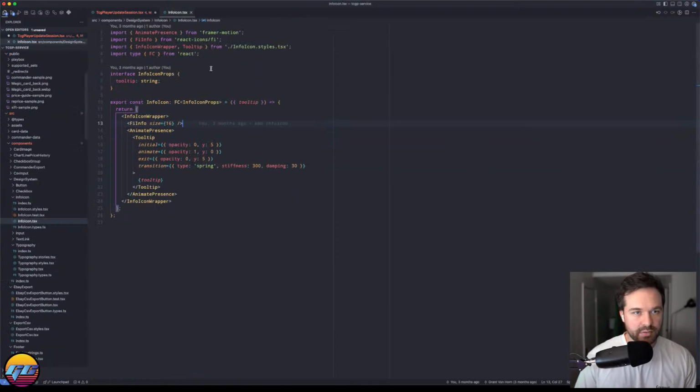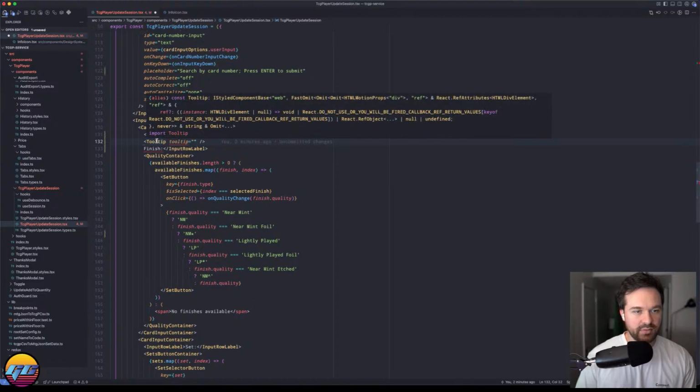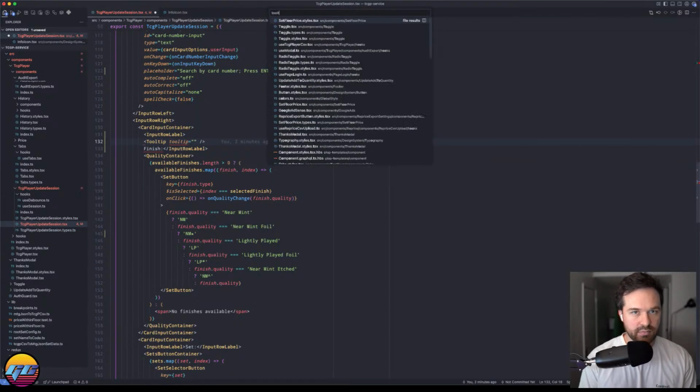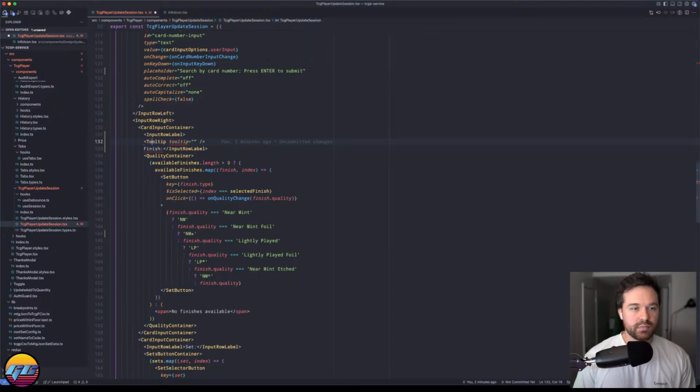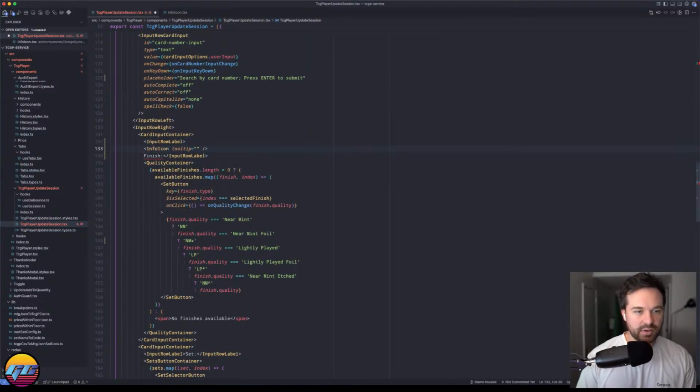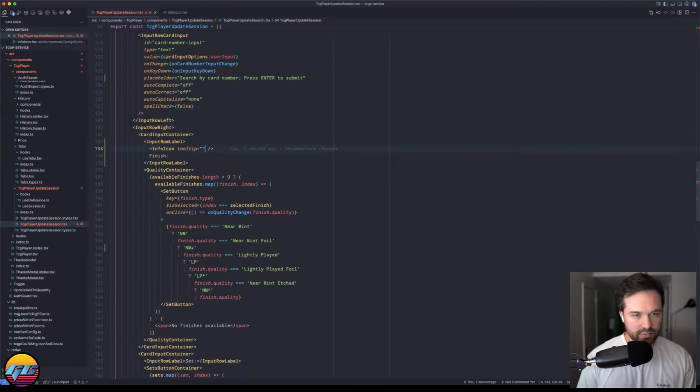Right? What I thought the, oh, I named it info icon? Then why did I even get something called tooltip? Info icon. Tooltip. Toggle